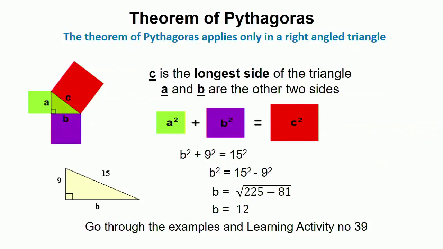Now remember, if the short side is asked, you must subtract. If we look at the sketch, with the 9 and the 15, B squared plus 9 squared is 15 squared. So I have to subtract the 9 squared from the left side, and I subtract it from the right side. So B squared is 15 squared minus 9 squared, which is 225 minus 81. And that gives me exactly